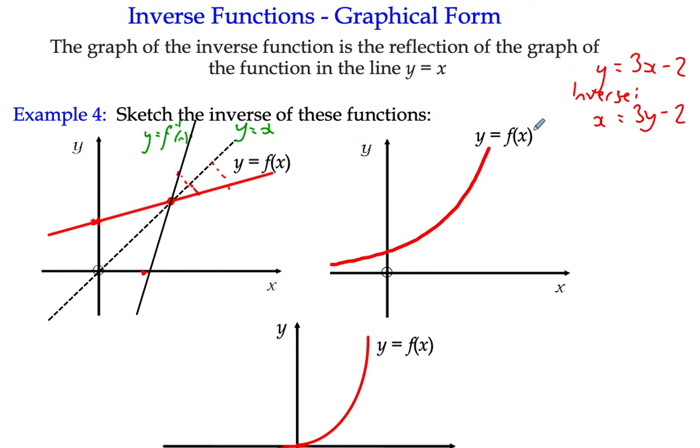Let's try it with this second one here, y equals f of x. It looks like an exponential function of some sort, so I'm just going to copy this line that I've already drawn, just because I can. It looks here almost like a bit of a tangent, but it does cross over a little bit. So if I put my line here, then what I'm looking for is a line which reflects in the line y equals x. So I'm always going to write in what that line is. So here I've got y equals x. Always put it in your graph,